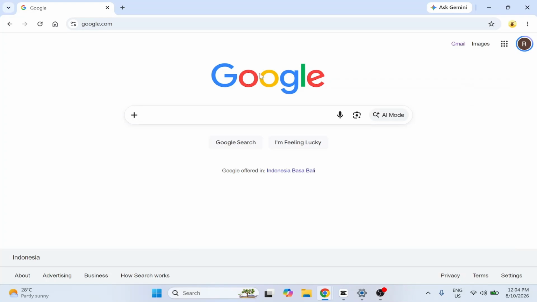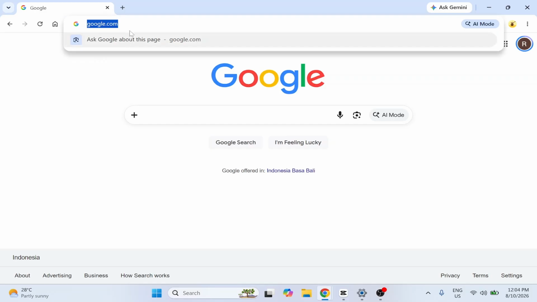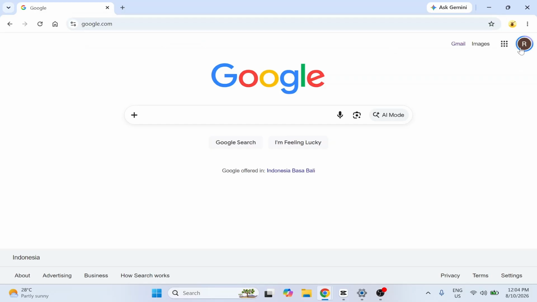How to remove the phone number from your Google account. So I'll be demonstrating this on a computer, but this will also work on mobile as well. So first thing you need to do is head over to the website google.com and make sure you're signed into